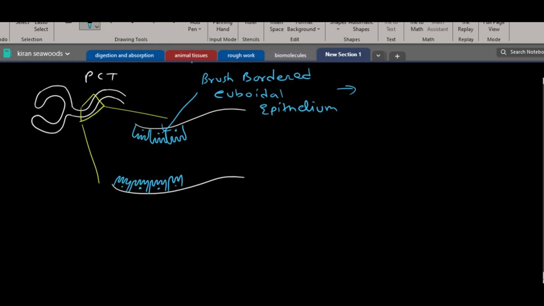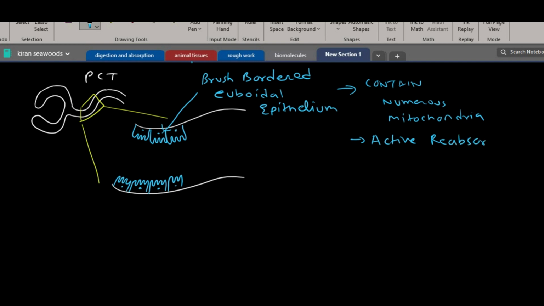What is special thing about these cells? Firstly, they're cuboidal, as I have already mentioned, but second thing is that they contain numerous mitochondria. And as the number of mitochondria are high over here, this suggests that they perform active reabsorption, because mitochondria produces lots of ATP, and ATP is required for active reabsorption. So active reabsorption is seen over here,